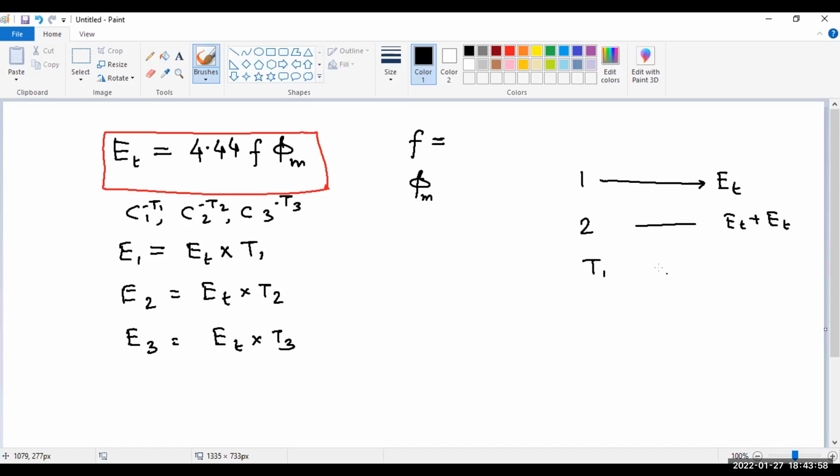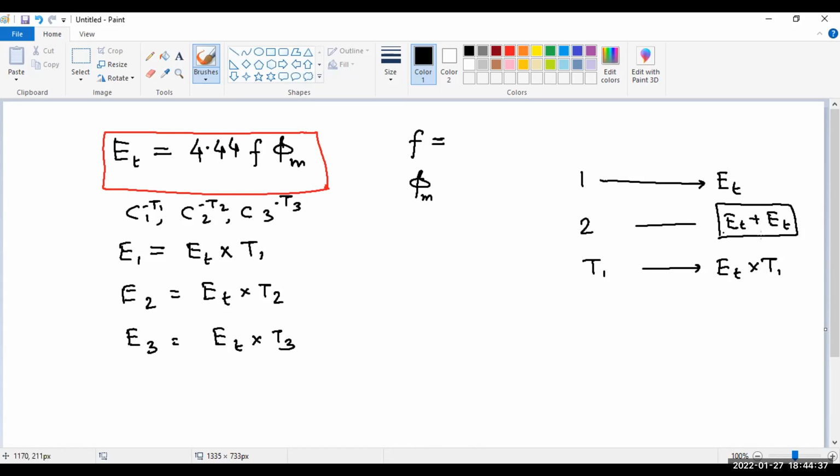And for T1 number of turns, it will be added T1 times. So repeated addition means multiplication. So ET into T1, just like that. The only thing you have to observe here is that though it is a sinusoidal quantity or a phasor quantity, still we can add algebraically. So this thing you have to notice in this particular case. Got my point? Though it's a unitary method, but